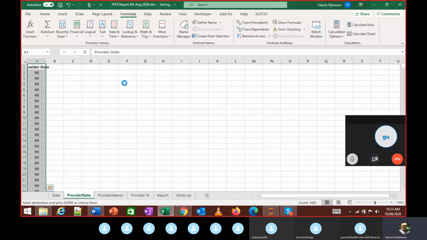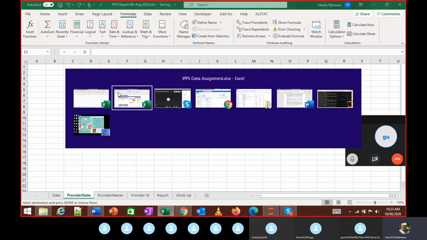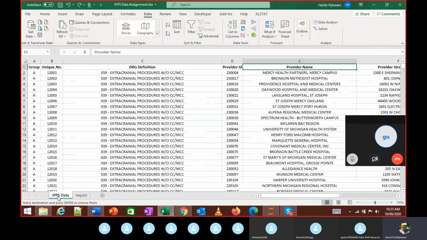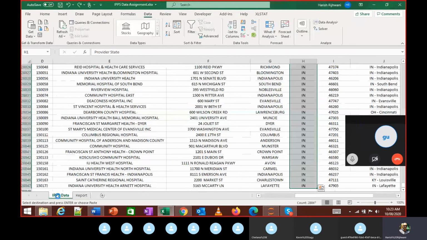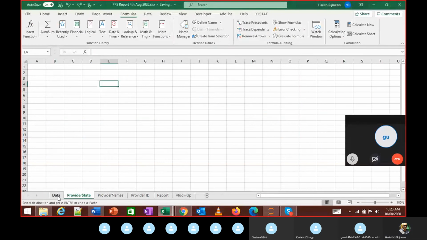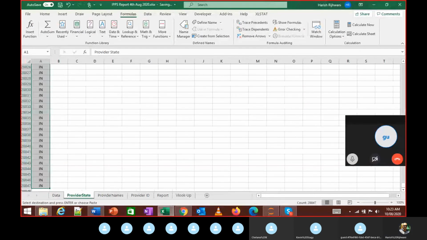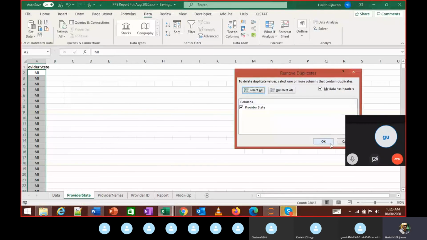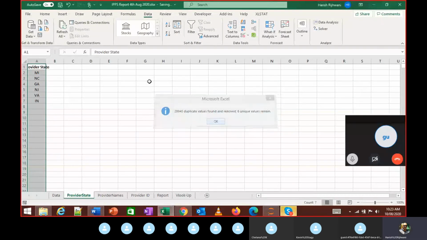So actually let's do this. If I copy the provider state from here, I'm going to remove the duplicates from here.